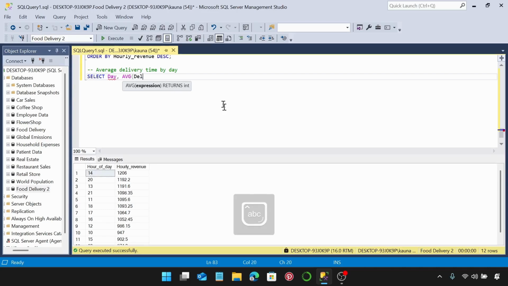So let's reference the column delivery time, oops, no, it's just min, not minutes. And that will be as average delivery time